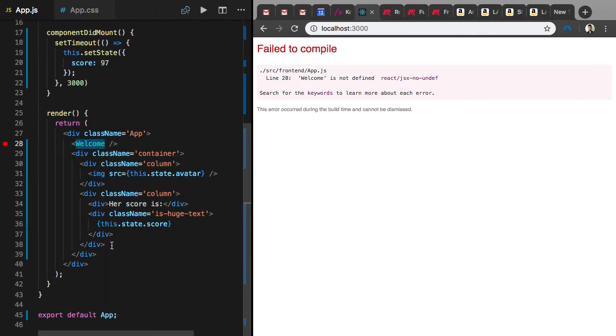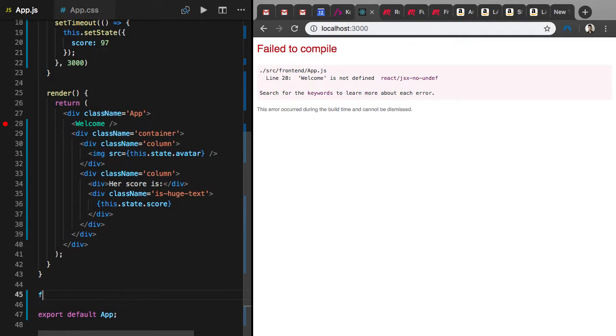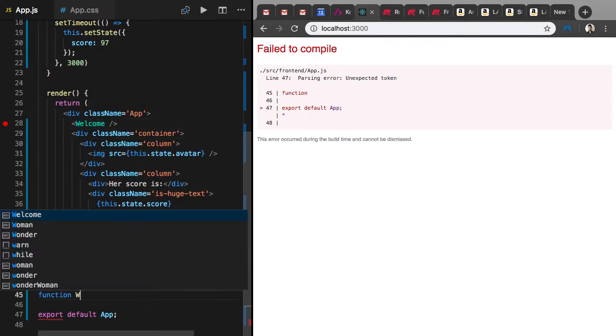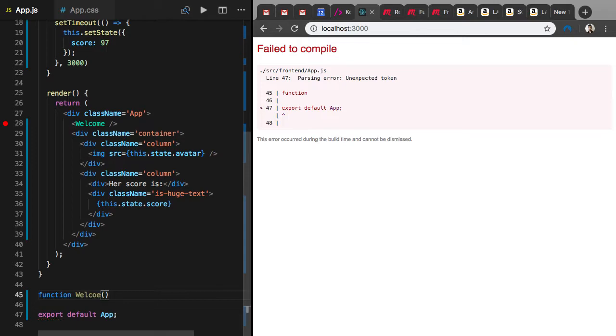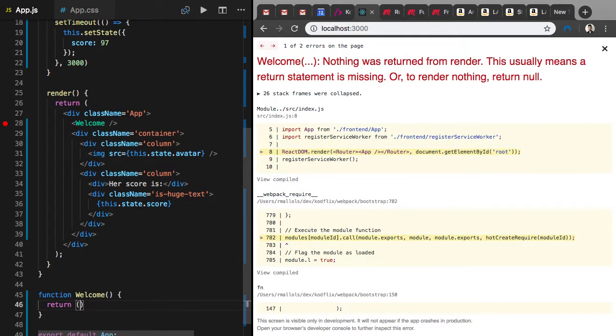Let's create a stateless function. I'm going to create it underneath. We'll see how to refactor it afterwards. For now, to create a stateless component is as simple as creating a function. It's a JavaScript function with that name, welcome. And look at the capital W, right? So function welcome. So that function will return some HTML. For example,